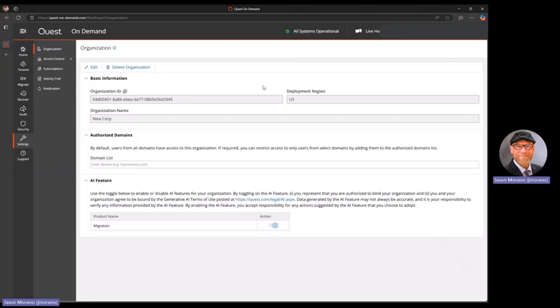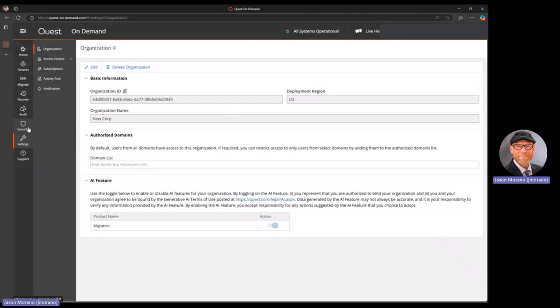Now, if you're already a customer who has an on-demand organization created, you do not have to create a new one. So I want to call out both scenarios. Some of our customers already have our solutions. They have become over from migrations, and they're now looking at our security products or our recovery products. So you will get the information and still supply the organization ID back to your salesperson so we can activate